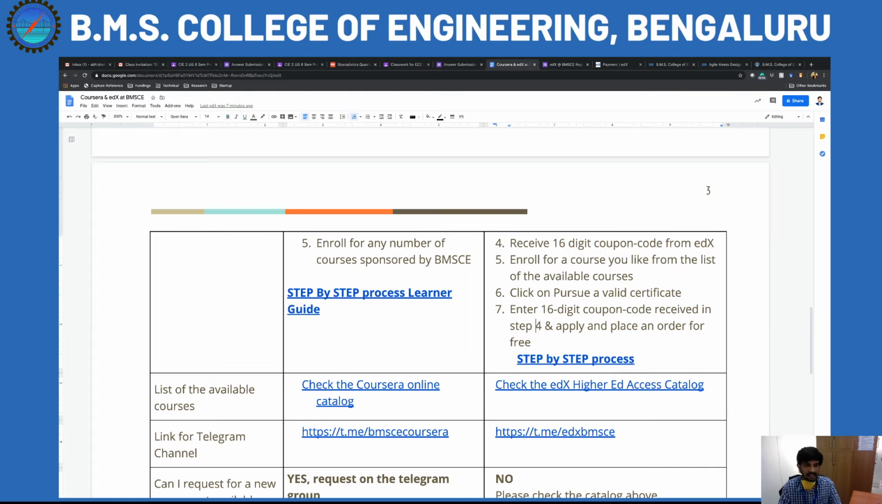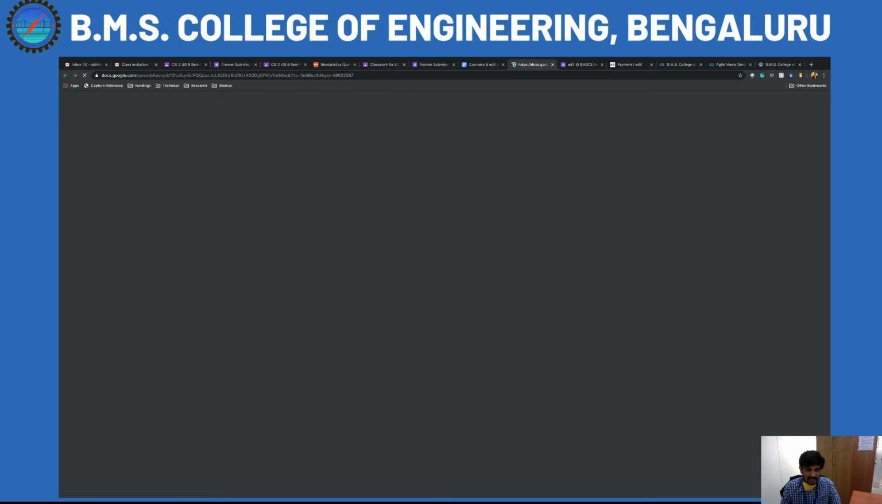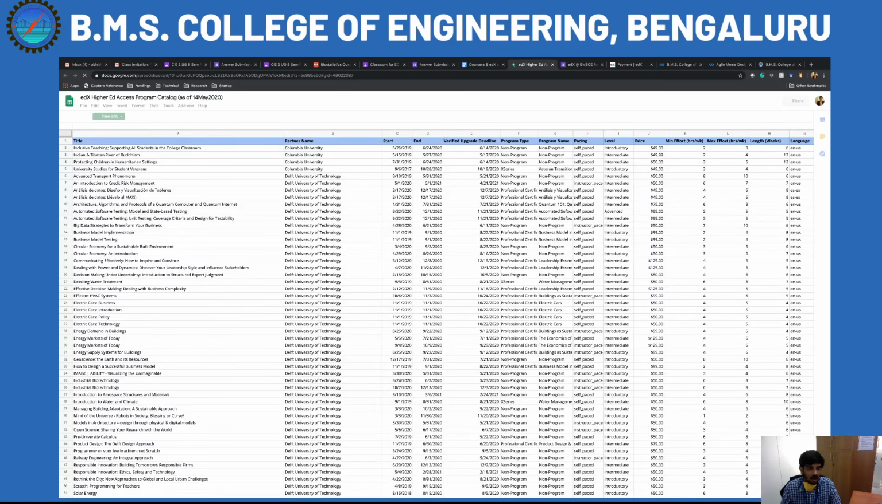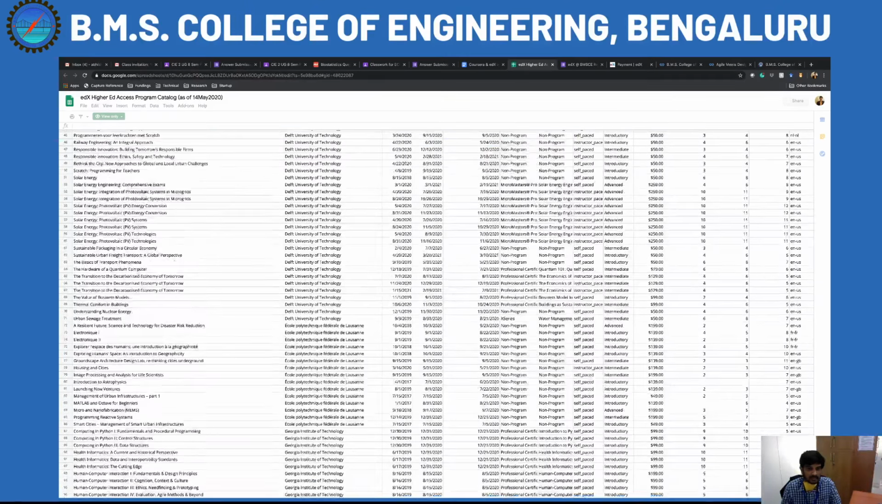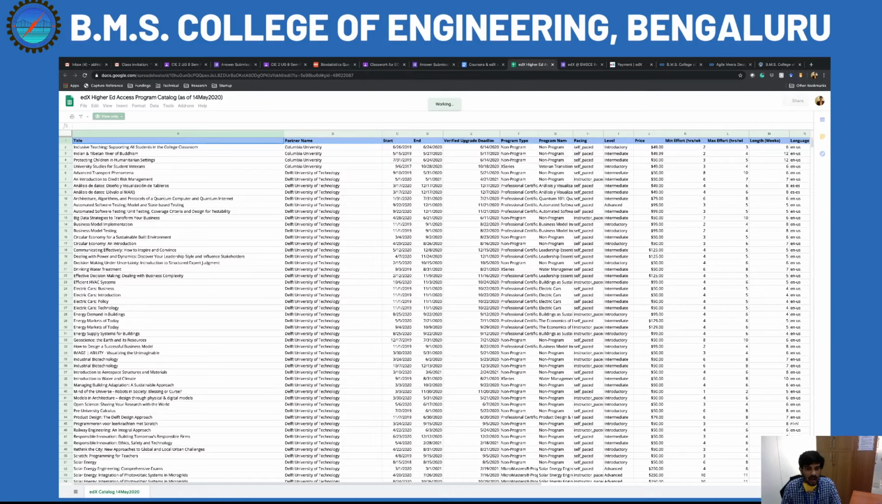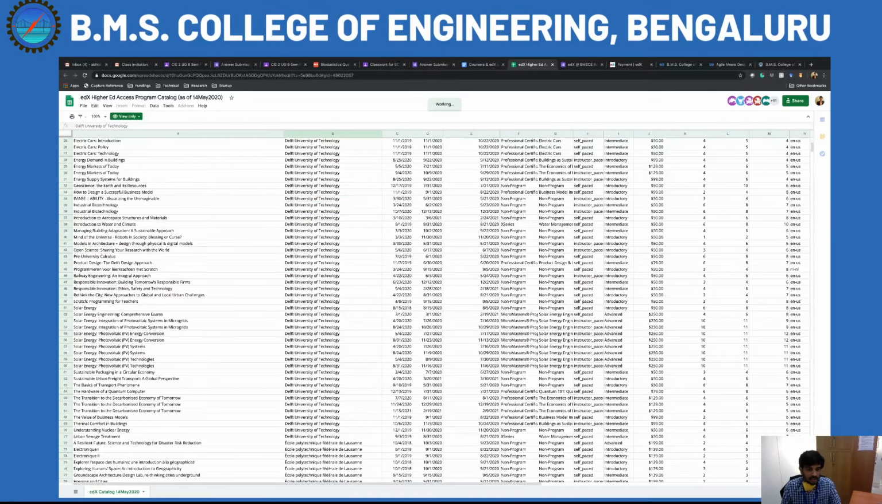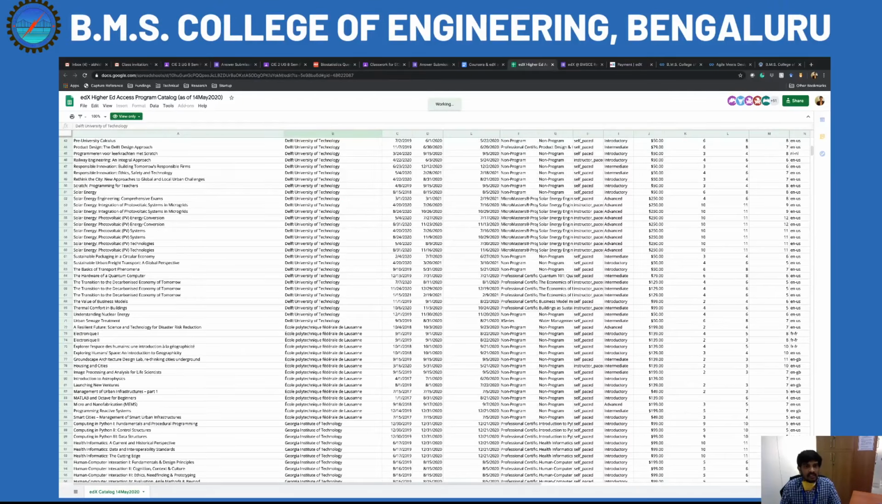Now, how do you find the list of courses which are available as part of the BMSCE license? You have to click here. It goes to the catalog of BMS College of Engineering. If you click on this, you get a huge list of almost 800 plus courses offered by, say, Harvard University, Delft University in the Netherlands, Georgia Tech, Harvard University,